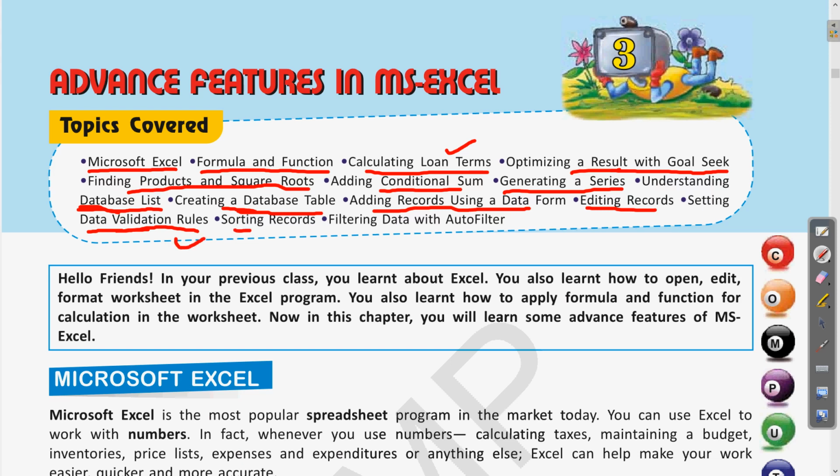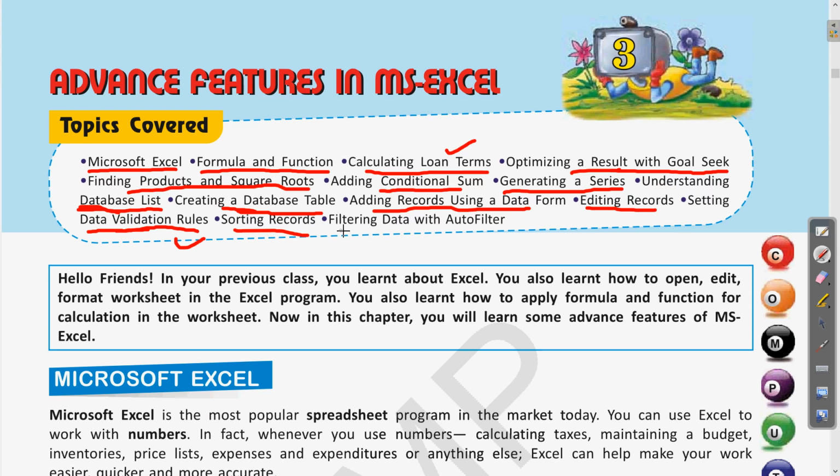Sorting is arranging the records, clear. If there are the names of the students in the class, you can arrange them in alphabetical order, or if it is the marks of students of different classes, you can arrange them in decreasing order of the marks obtained by the students. That can be done using the sorting records feature, clear.